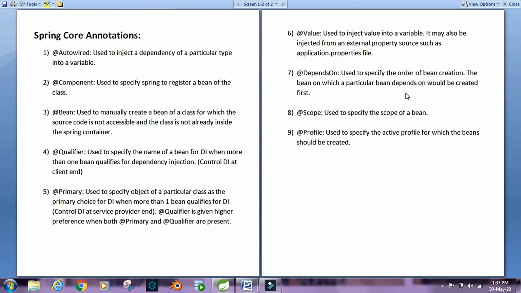Welcome to chapter 6 of the Spring tutorial for beginners. In chapter 5 we saw the various ways in which we can inject dependencies in Spring, and in this chapter we're going to take a look at some of the important Spring core annotations and see examples of each of them. So the first one is @Autowired, and it says used to inject a dependency of a particular type